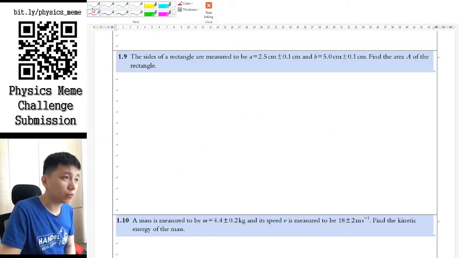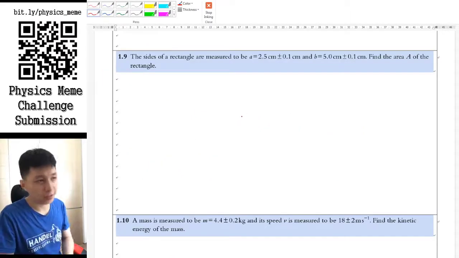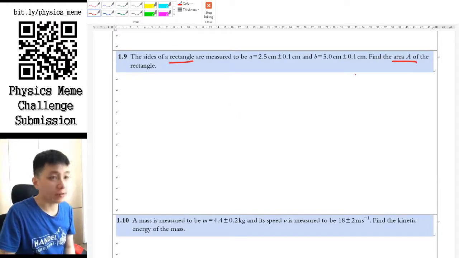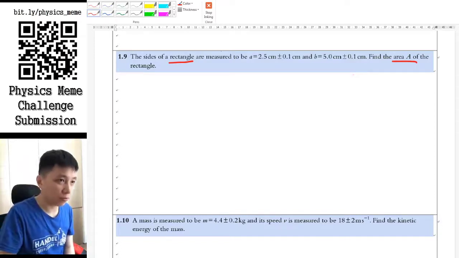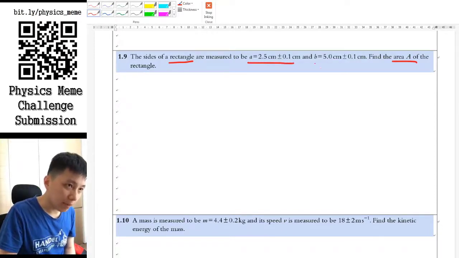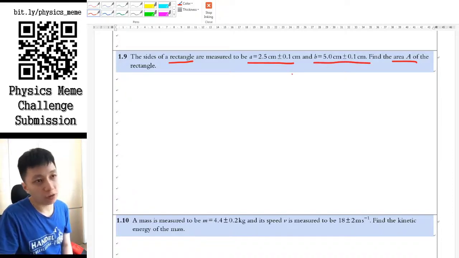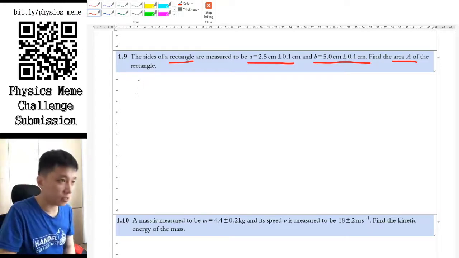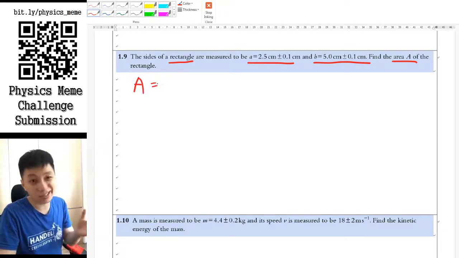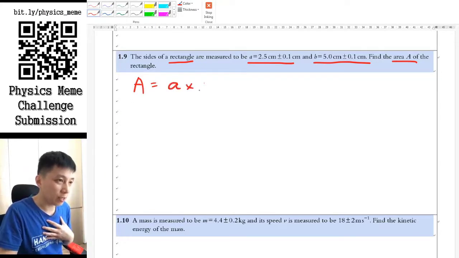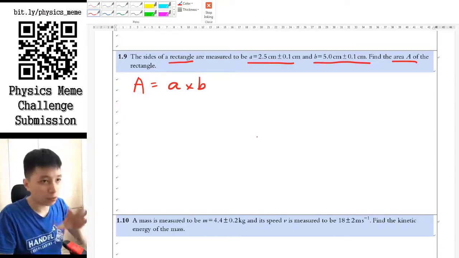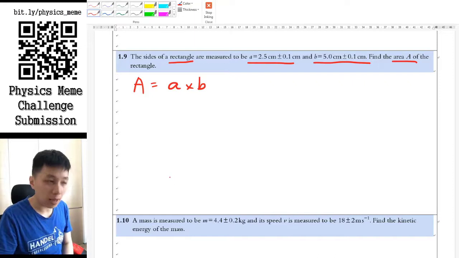So let me show you an example so that you know how we can apply the formula just now. So here we have a rectangle and we want to find the area. So just the two dimensions multiplied together. The two will be A and B here, with their average values and also uncertainties. So the first thing that I will probably write whenever I deal with this question is the general formula first, because this time the question didn't tell you. Yes, I know it's very clear, but I'll still write it just to reiterate what we can do with the physical relationship. So at the end, remember our objective, so I'll write down here that you want to find